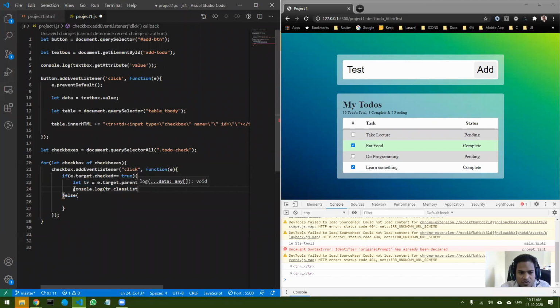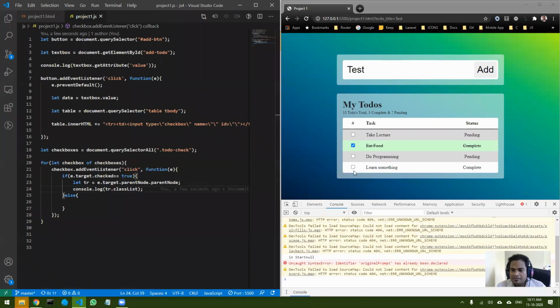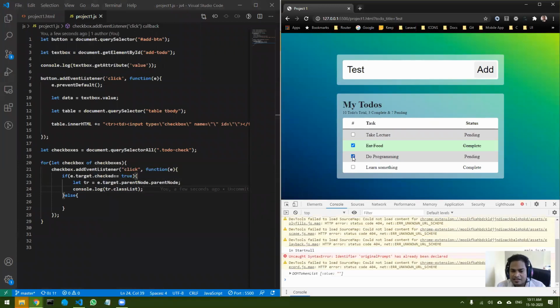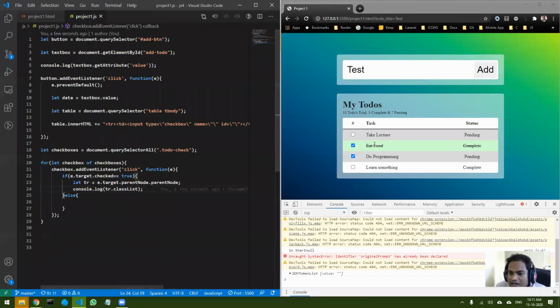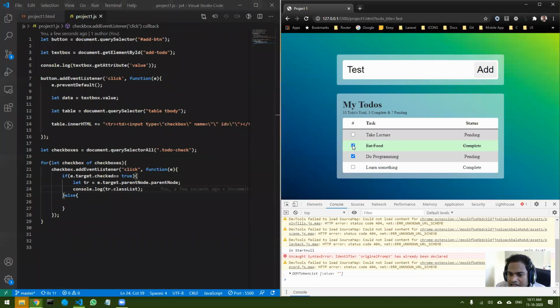If I do console.log and select this, it gives me a list; you can see currently the value of the class is empty.